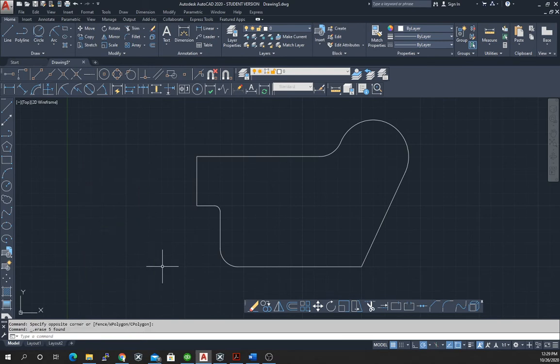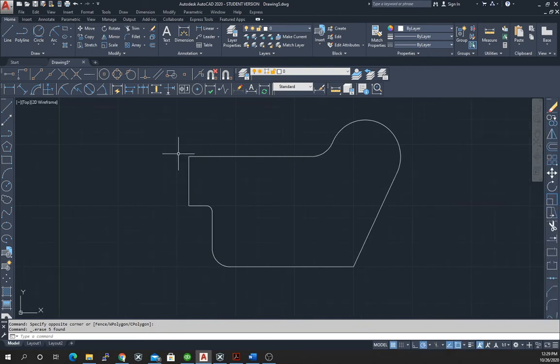So you can use essentially join and explode to combine lines if you need to, or to explode them back into individual lines. I could explode this back into individual lines if, for instance, I made a mistake. All right. Anyway, now that this is one line,